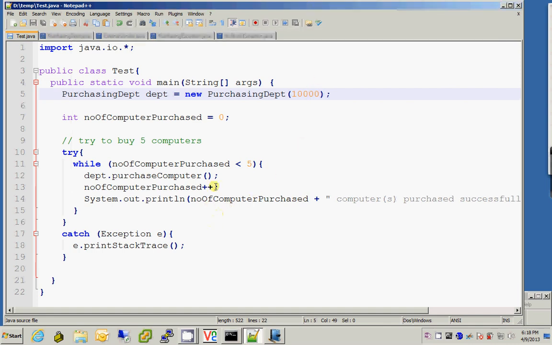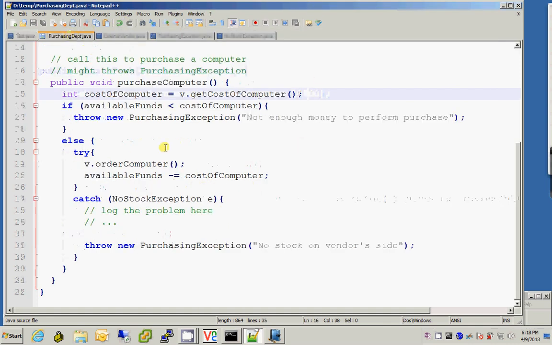So this is a situation whereby the purchasing department wants to catch exceptions from the vendor, and its responsibility is to throw back a purchasing exception if there's a problem with purchase, whatever that problem is. Not enough money to purchase or not enough stock on vendor's side. Alright,